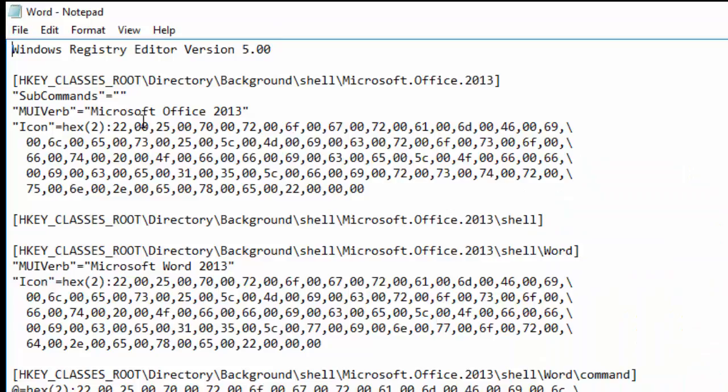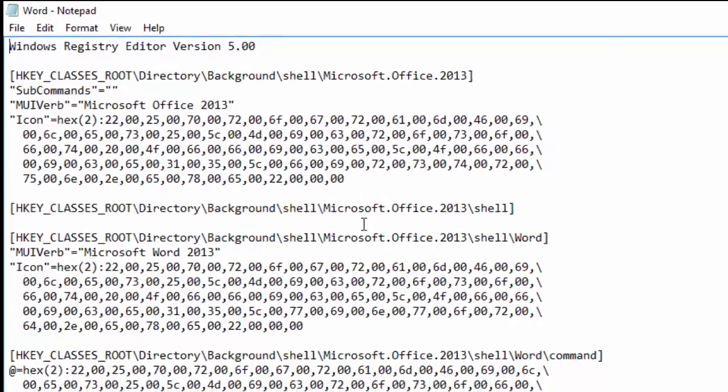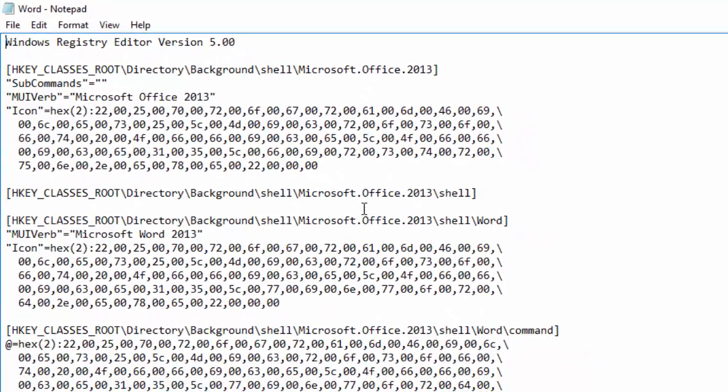Maximize the window. Notice that our entries are changed inside of our template. Now these templates are ever changing. What I'm talking about is the more you edit them and reconfigure them, the longer they'll get until a point where it's so big from all the data. So what we're going to do now is, because our first part of the sub key is already created,